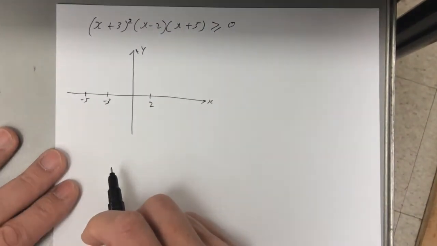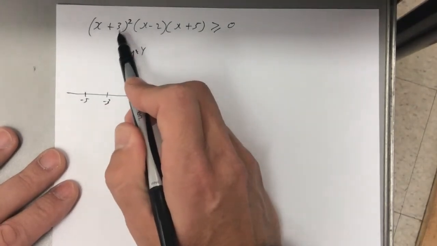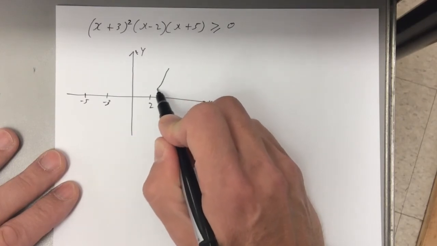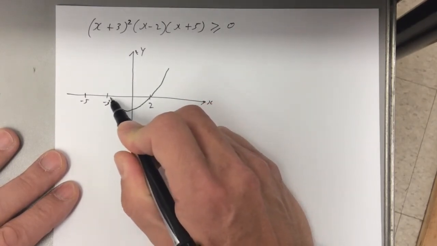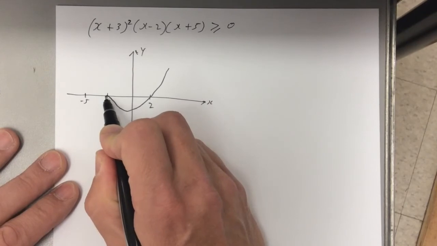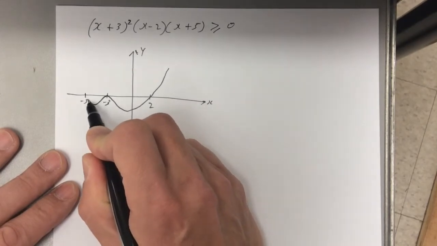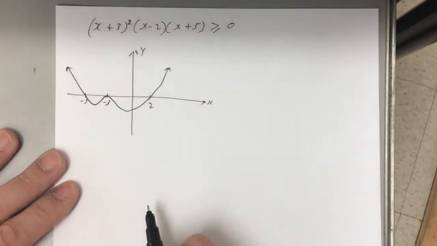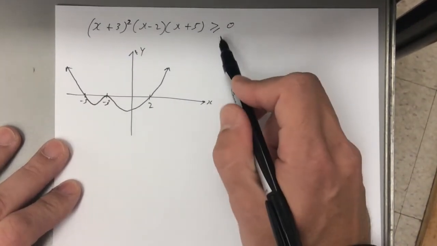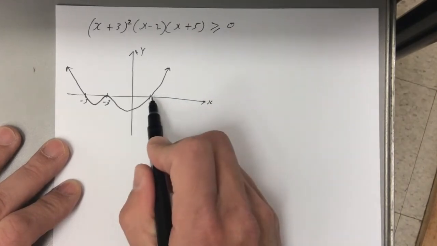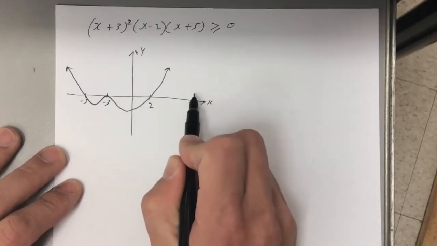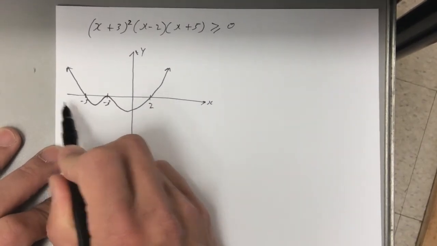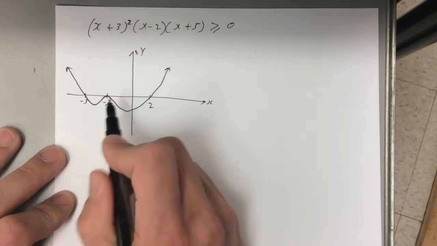Okay, and because it's squared at -3, it's just going to touch there. So it's going to come down through here, touch at -3, come back, and go back up like that. Okay. So when we're looking for when it's greater than or equal to 0, we're looking at when x is greater than or equal to 2, less than or equal to -5, and equal to -3, because it touches there,